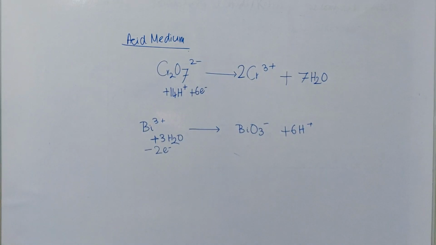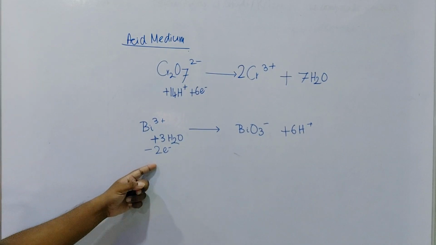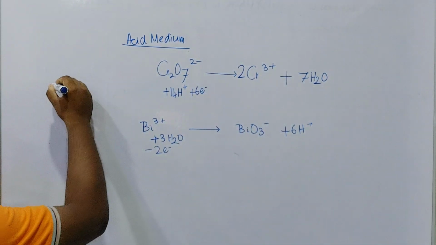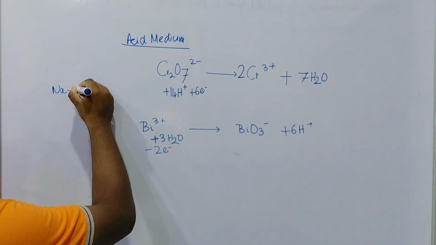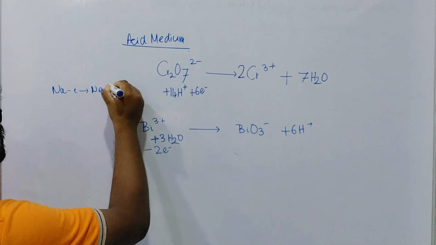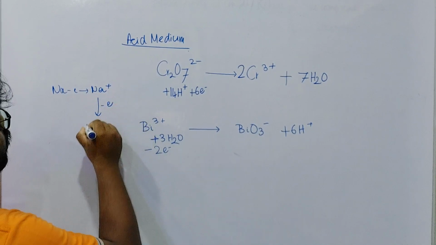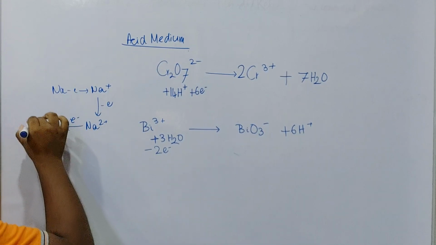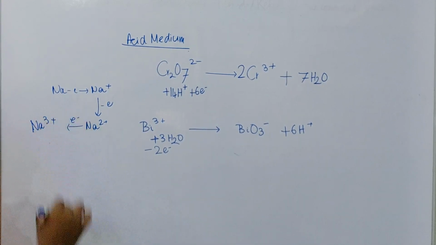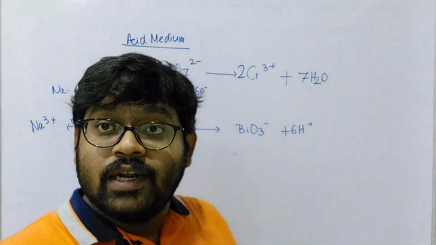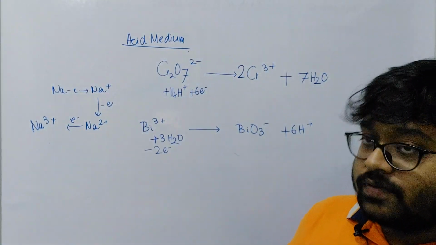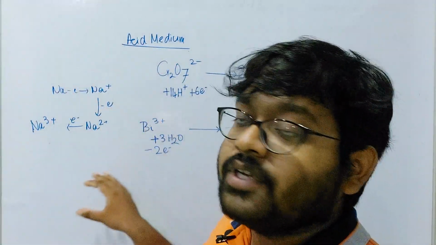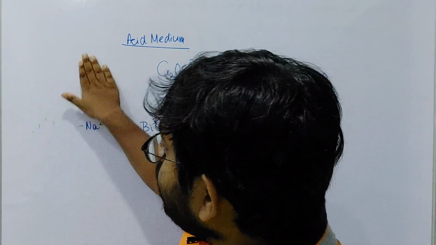If you remove 2 electrons from 3 positive charge, 2 positive charge will be added, because if you remove an electron from sodium, it becomes Na+. If you remove an electron from Na+, it will become Na2+. If you remove an electron from Na2+, it will become Na3+, and so on. So when you remove an electron, the number of positive charge will gradually increase. This is what we know from our previous concepts, right? I hope you have understood.